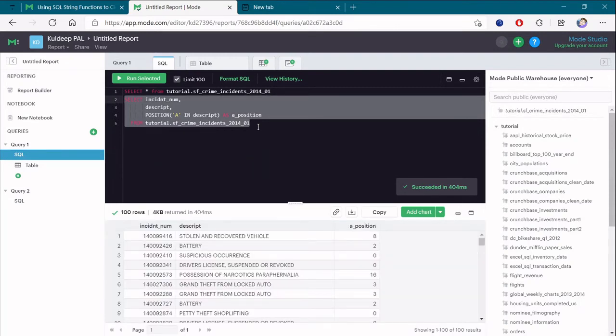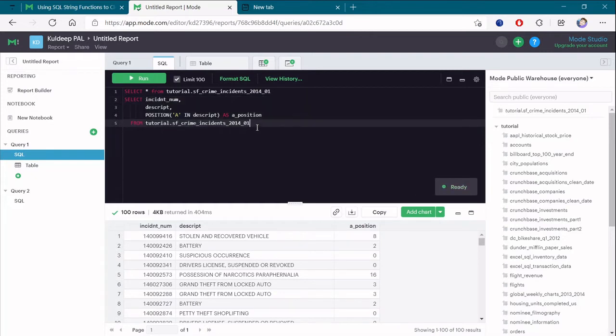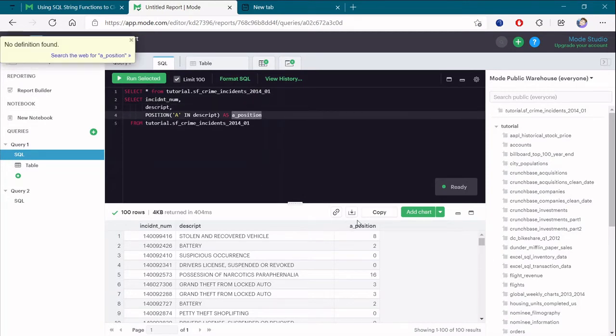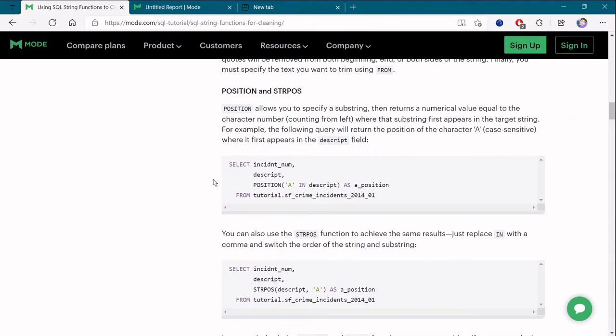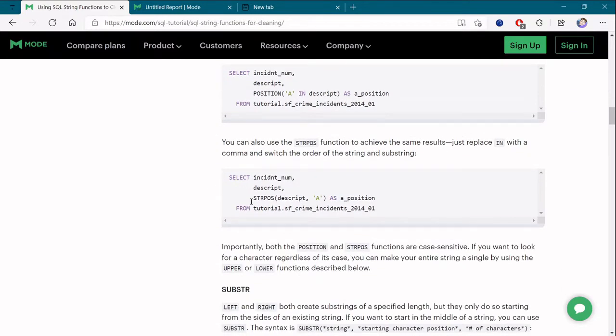So as you can see here, we are using it on description. I have shown you both description as well as position, meaning this is the output, a underscore position, and this is the description. So here in a we are just getting the index element, like a is at what index position basically. So for that we can use it. I'm not sure where we'll be using this kind of thing, but it's simple. For strpos, like string position, it's simple, we just have to remove the in element, otherwise it's similar to position only.